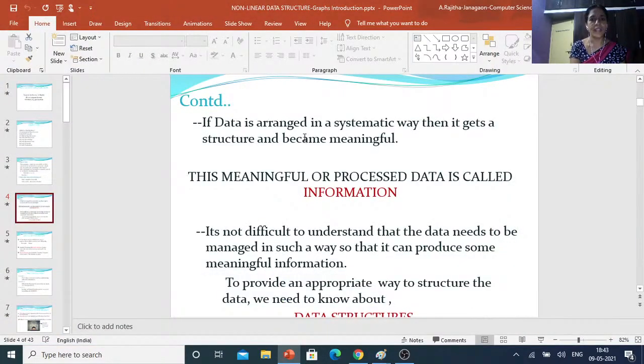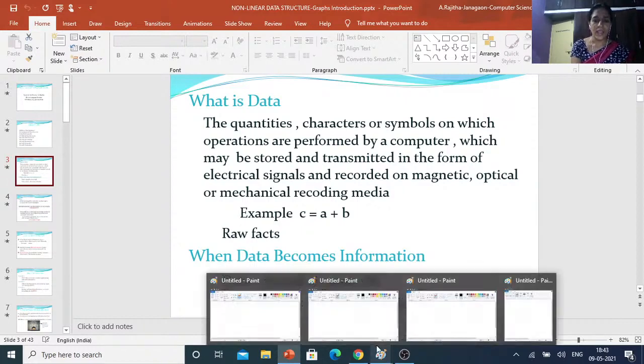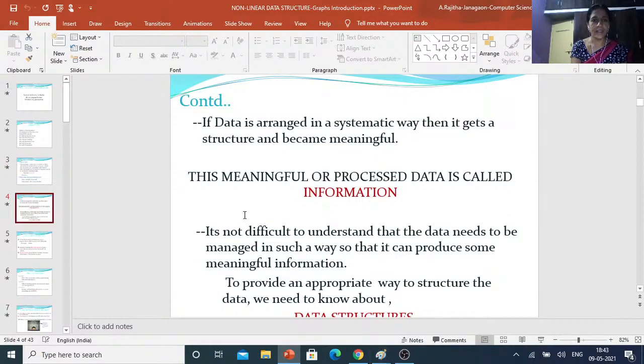If data is arranged in a systematic way, then it gets a structure and becomes meaningful. In this example, the data is arranged in some systematic manner, so we can understand it easily and it becomes efficient. That meaningful or processed data is called information.